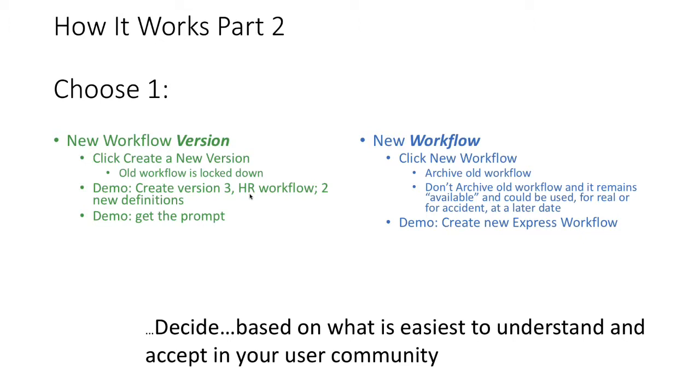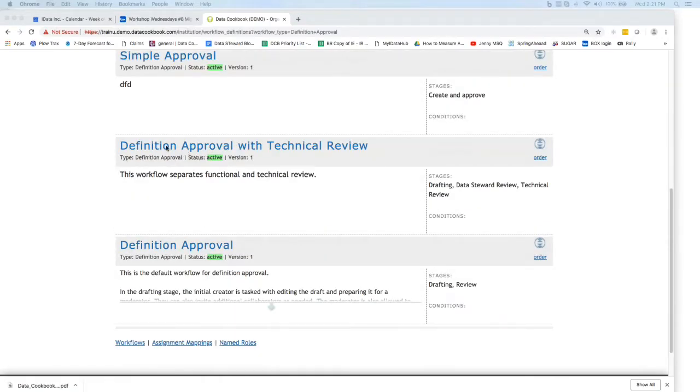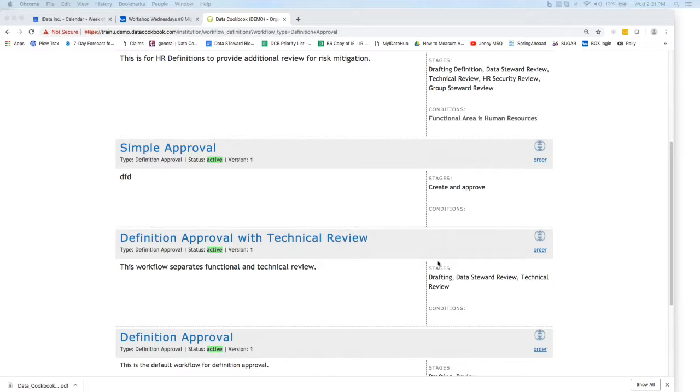And then any new material would hit the new third version of the workflow. So there's quite a lockdown there that you want to be aware of. In the other environment with a new workflow, as you saw, my old workflow that was in play here was definition approval with technical review. That was the old one that was the topmost part of the list. If somebody came in and changed that order,